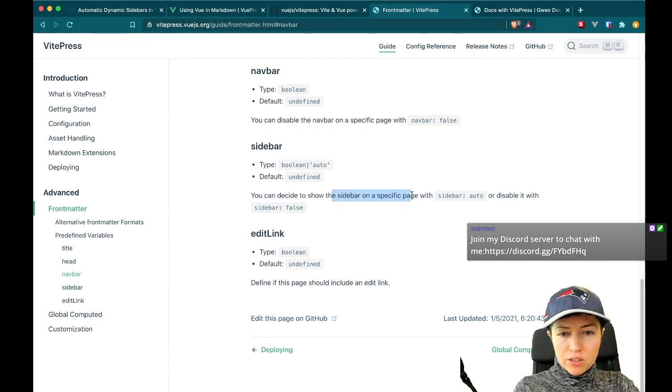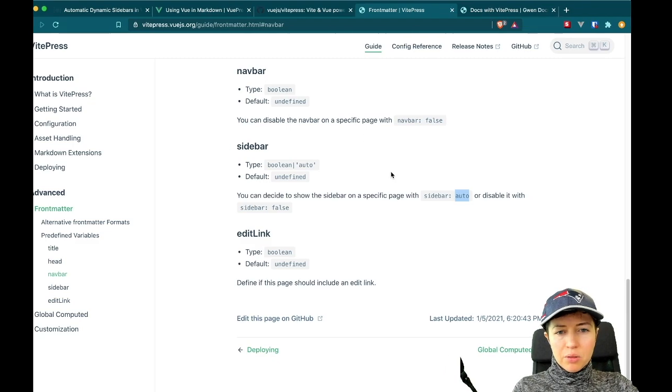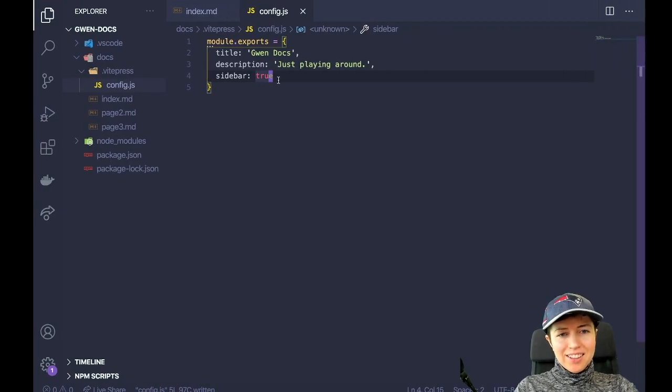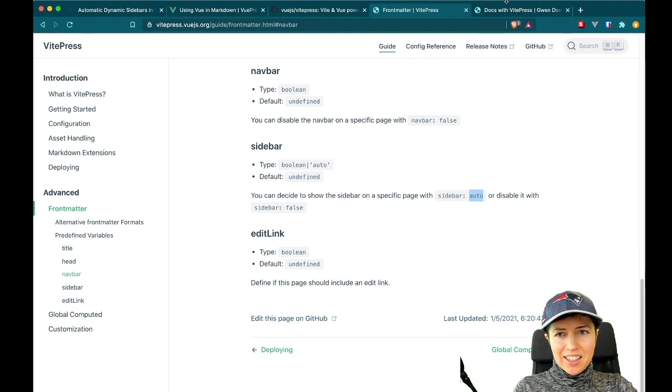You can decide to show the sidebar on a page with sidebar auto. So it's not true or false. You can disable it with false, but otherwise it's auto. Okay, so let me actually get rid of it here and just put it here then. So if I try auto here, I can,